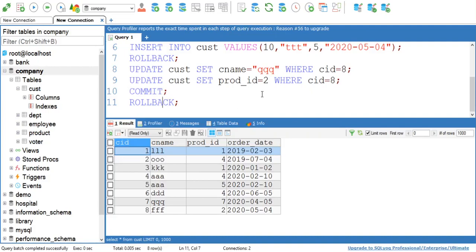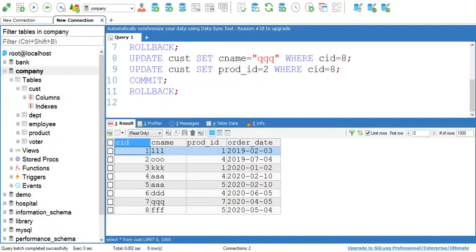So those changes cannot be rolled back by using the rollback command. So here we have verified how to commit changes by using the commit command and how to roll back changes by using the rollback command, and we have verified that once we commit changes we cannot roll back those changes.